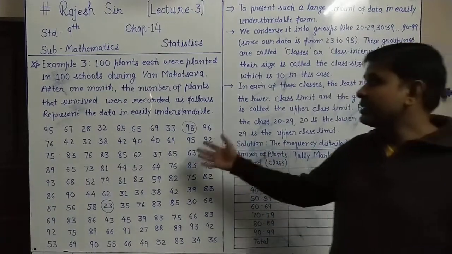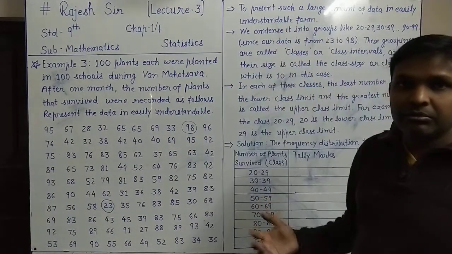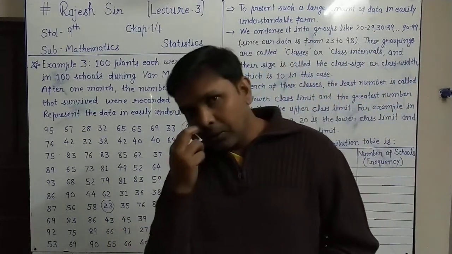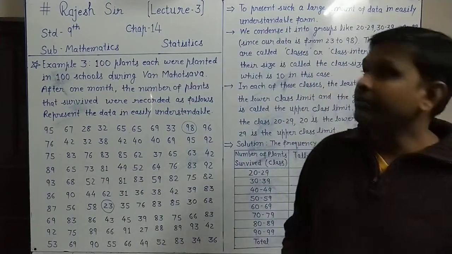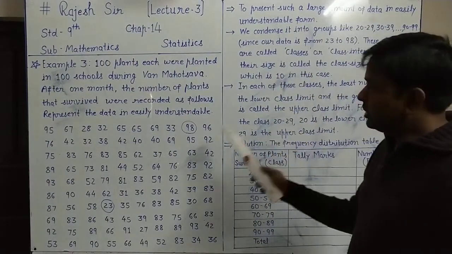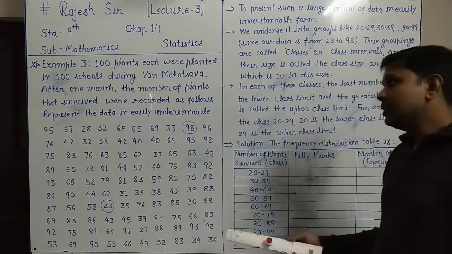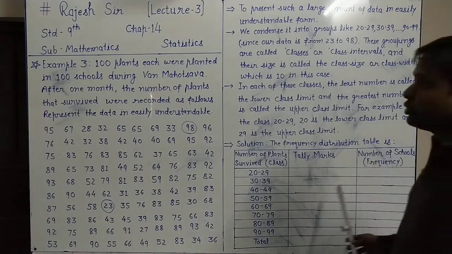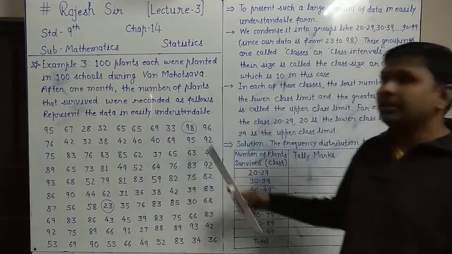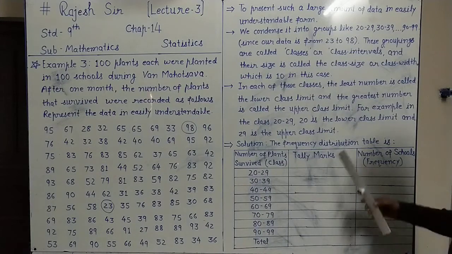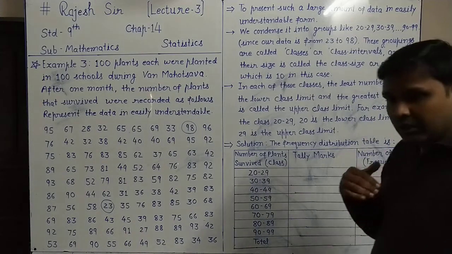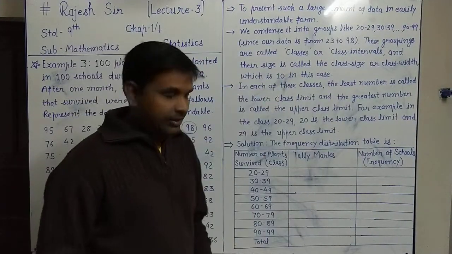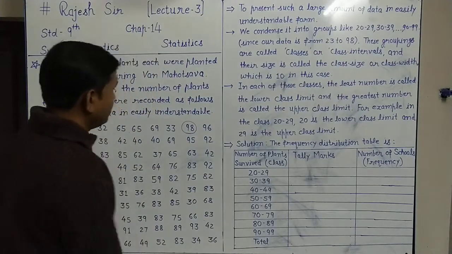If the question is asked in the exam, there is no need to define all these terms, but for our understanding, what the class size is, what the limit is, what the lower class limit and upper class limit are, we have taken these definitions with the example. If you are asked in the exam, you have to write this solution only. You have to make the table only. This table shows the representation of this data in an easily understandable form. This is only for your knowledge for the 1 mark question and to understand well what this defines. So this is the solution we have now.